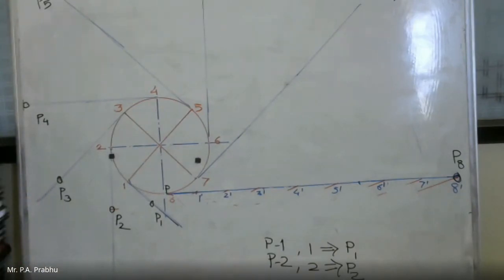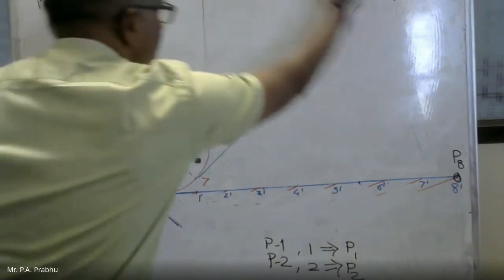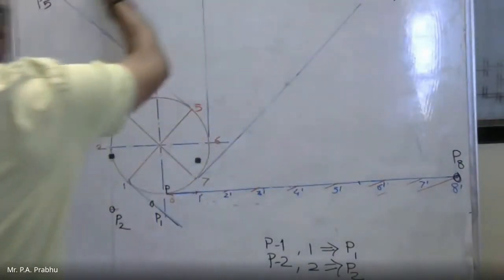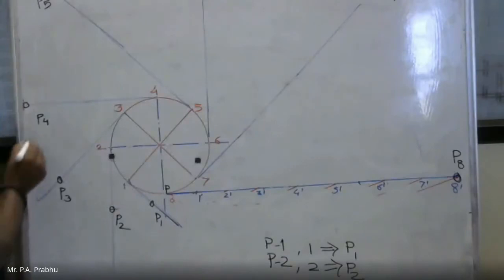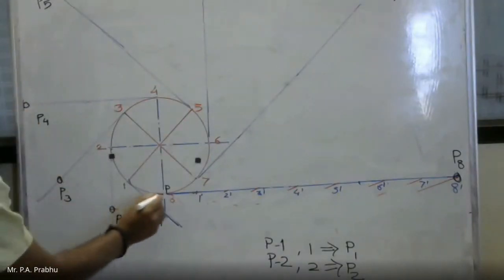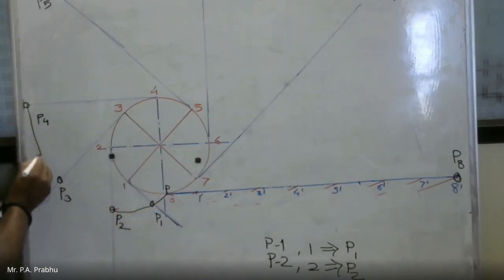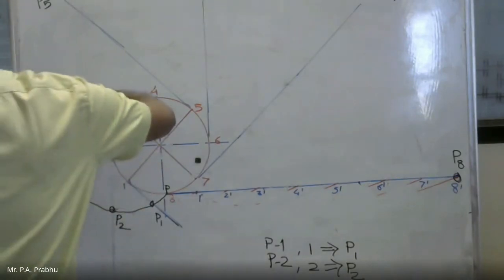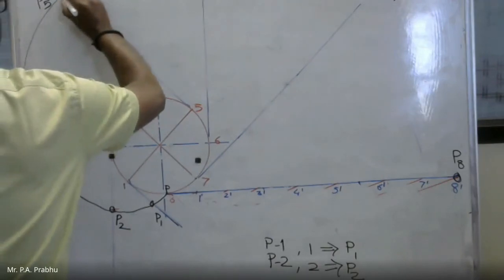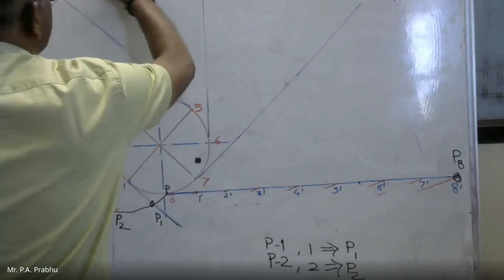Then with a smooth hand, join all these points. So my curve is going outside the